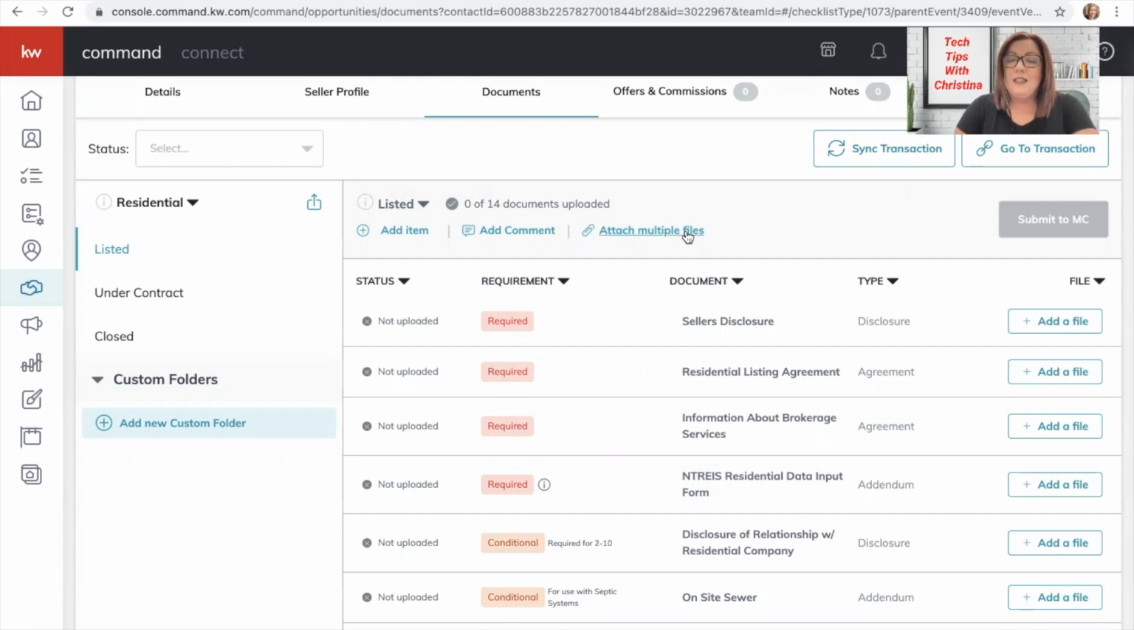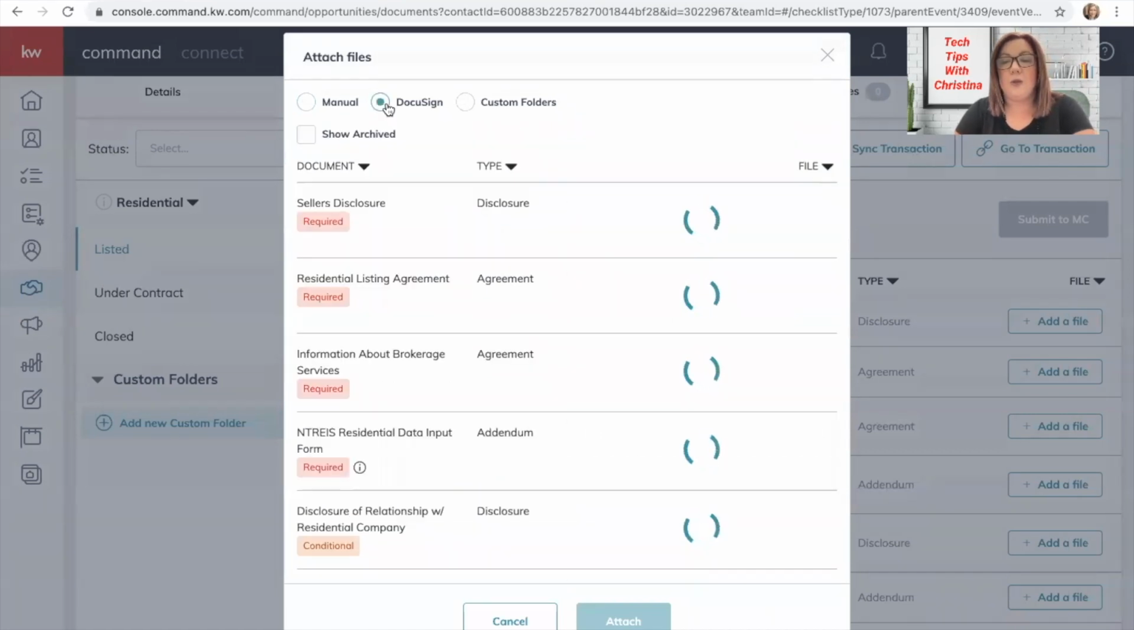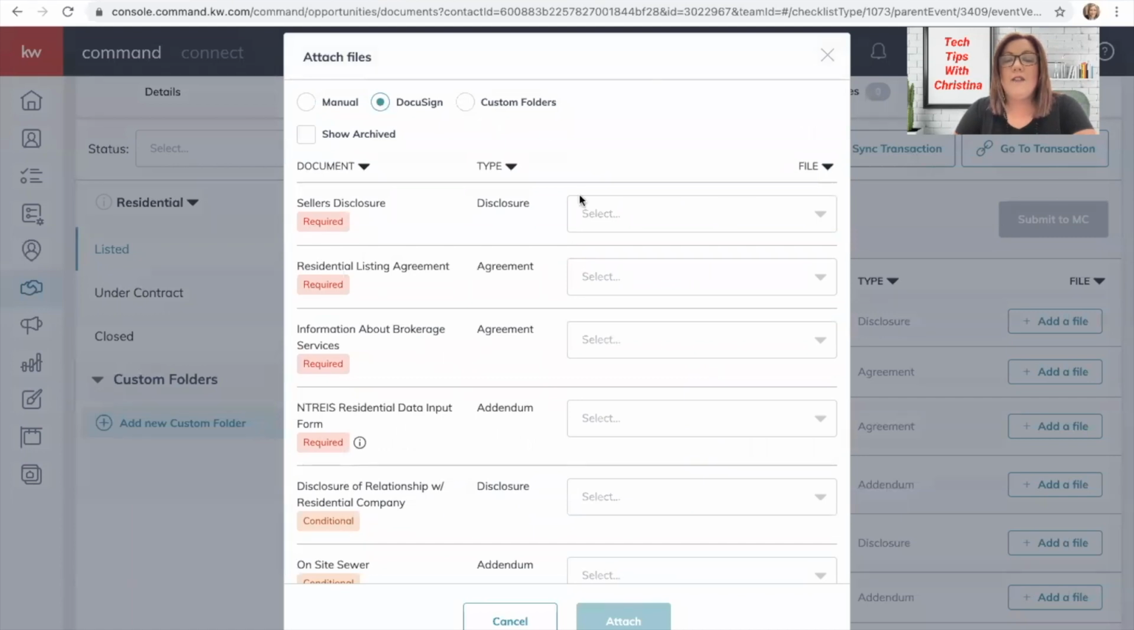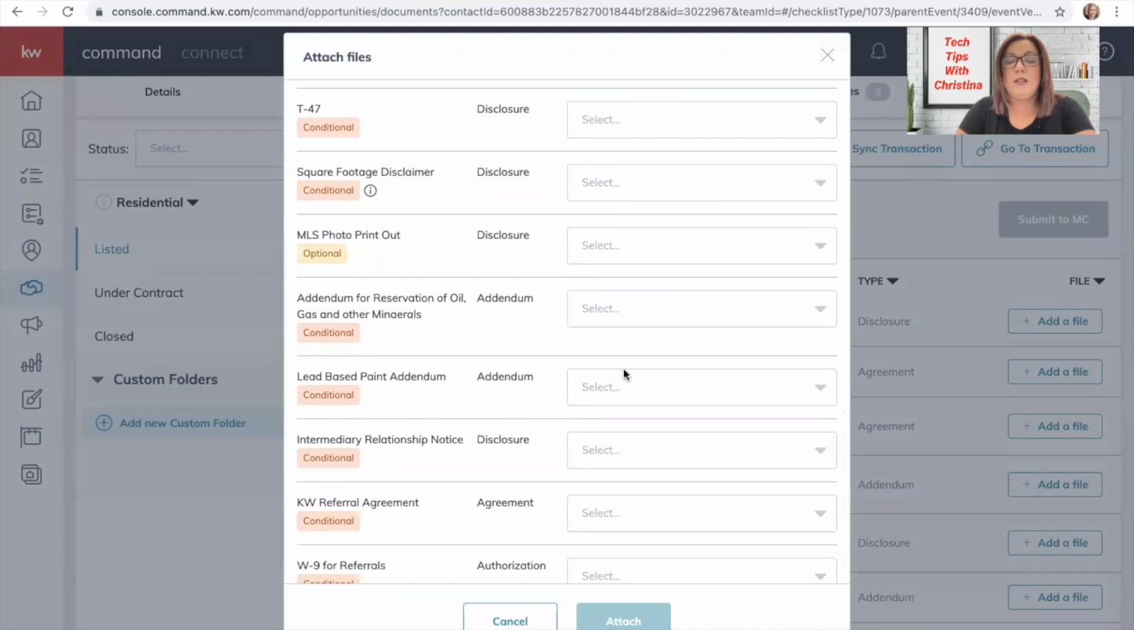So one of the easiest things I recommend to add your documents into your room, into your opportunity to submit it for compliance, if you just click on attach multiple files, then you go up here to select DocuSign. Now it's going to have them all in a row here that you can easily just grab